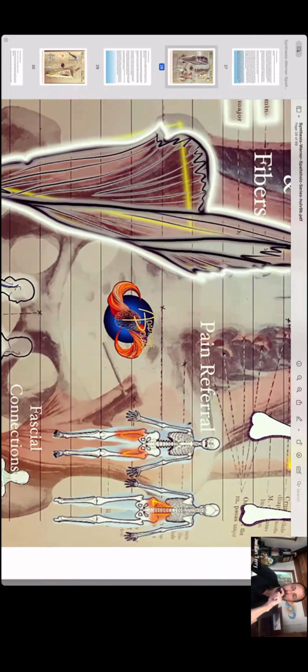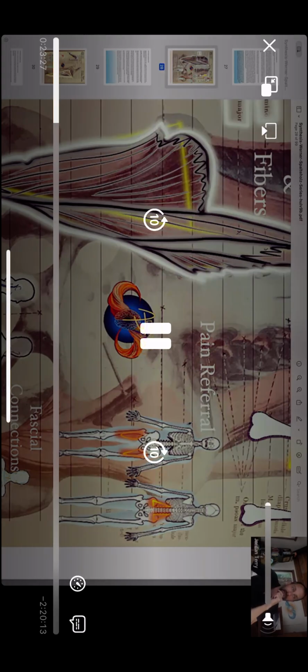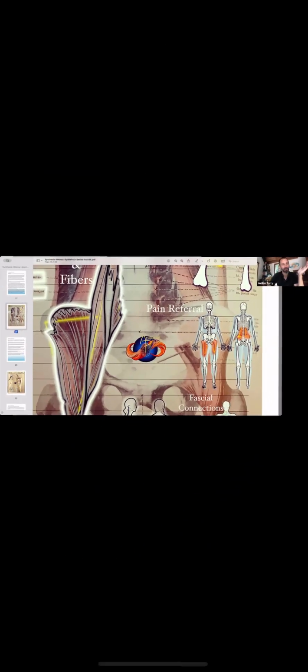My first movement mentor mentioned, and it has always stuck, that the psoas, in terms of meat, if you're meat eaters, is the filet mignon. Yes, I love that. It's the most tender cut. So you're gonna go in there and, excuse my French, mess with the